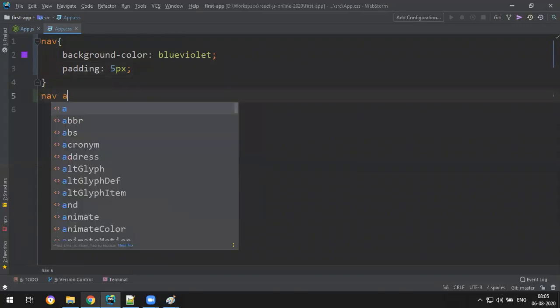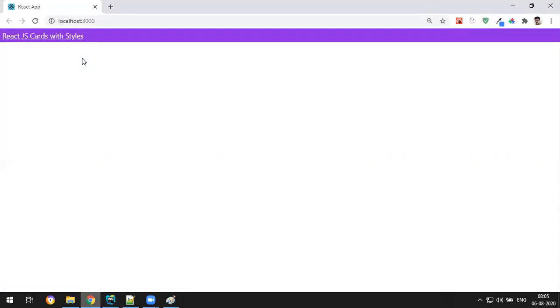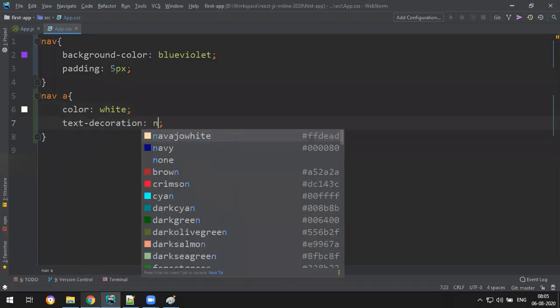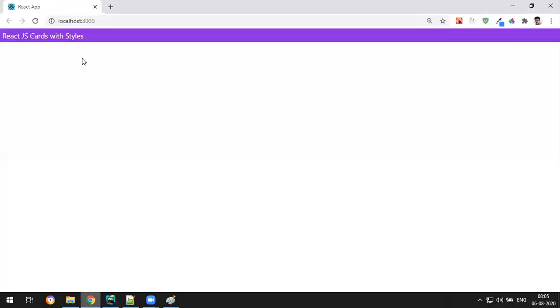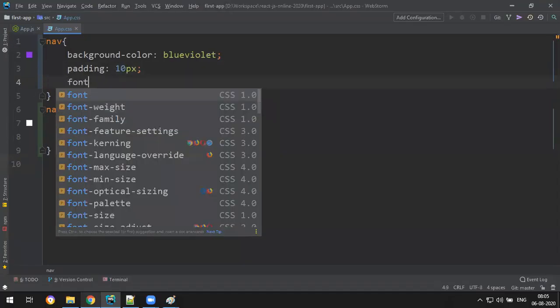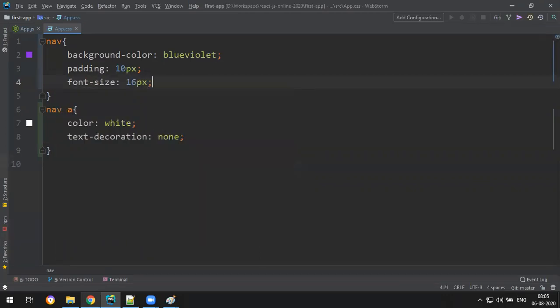For nav anchor, I write the color white, just to indicate the concept, and text decoration none, no underline. Let's make the margin 10 pixels and increase the font size a little, 16 or 18 pixels.